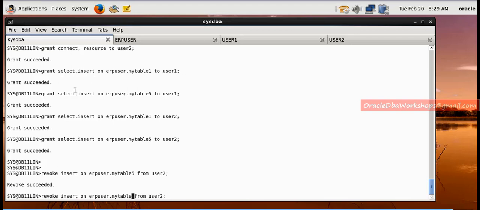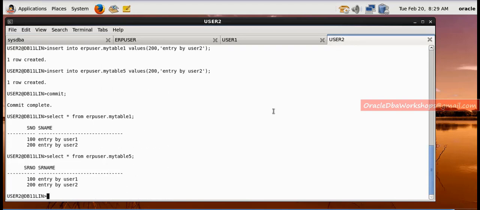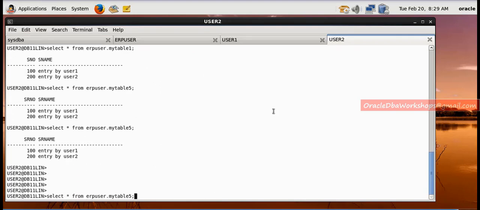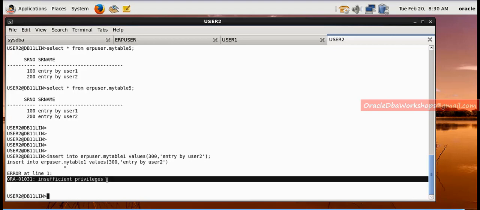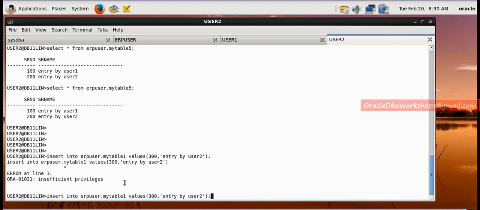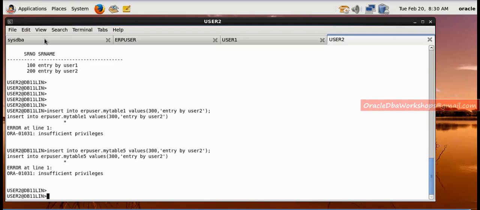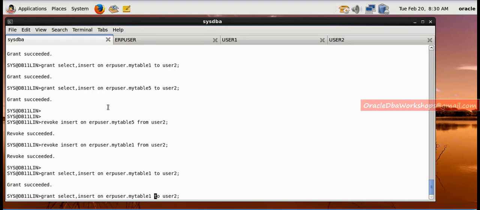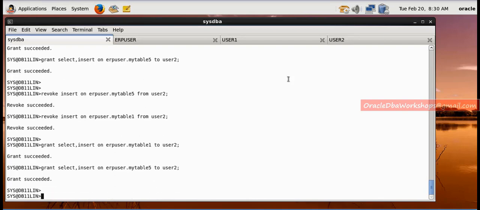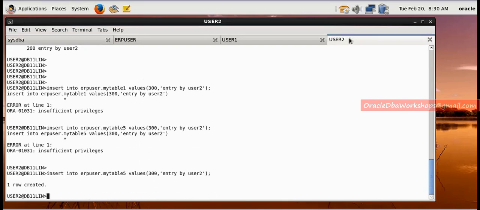The revoke command is used to remove the privileges granted to any user. You see, after revoking, the user cannot enter data. Now we are going to grant again, and this time this user will be able